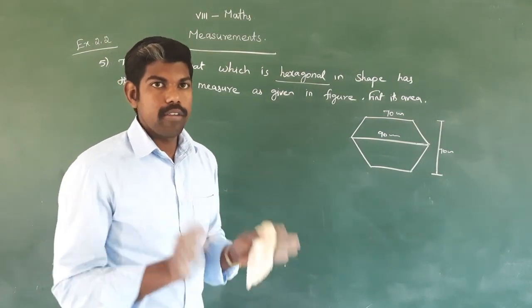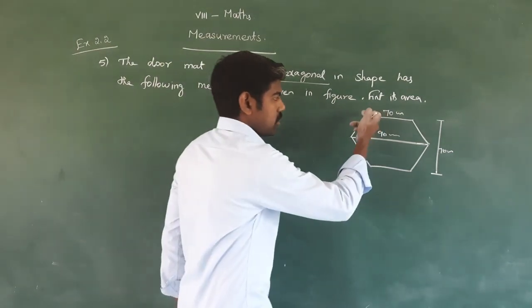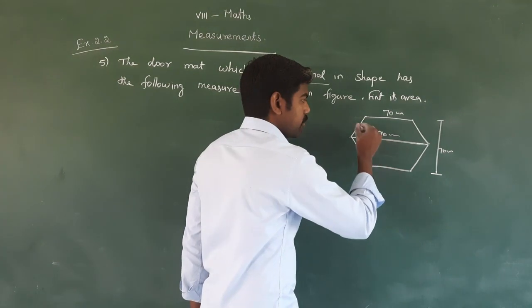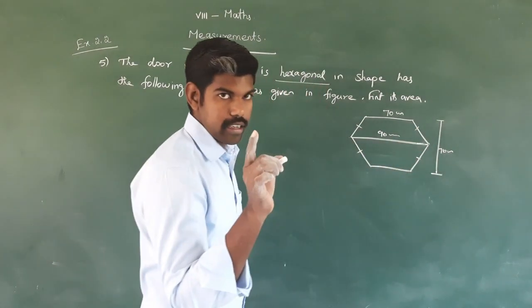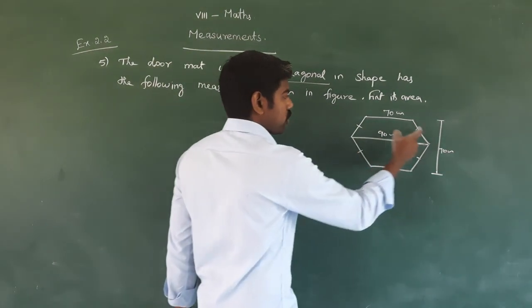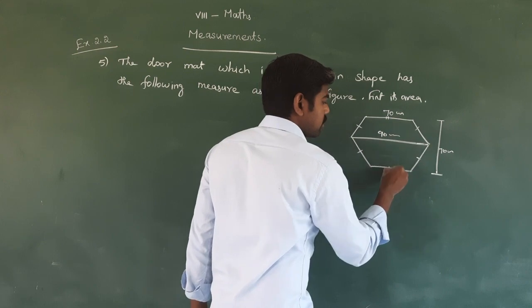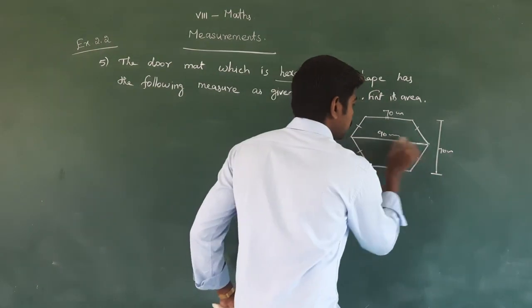Listen carefully. Okay, just think of your mat, like a mat. This is like a hexagonal mat. Then in the hexagonal mat, this side and this side are equal. Correct? In a hexagonal mat, these four sides are equal, and opposite sides, these two sides are equal. Correct? Now we cut it.